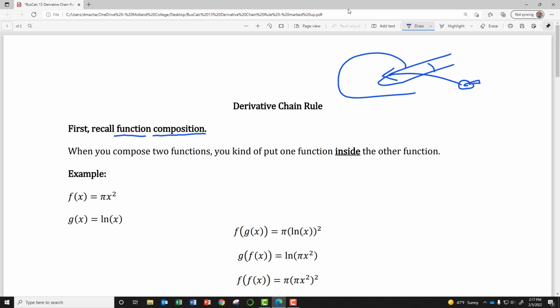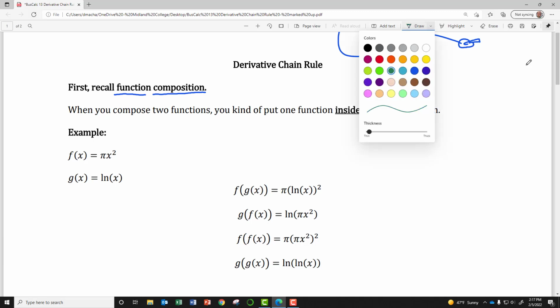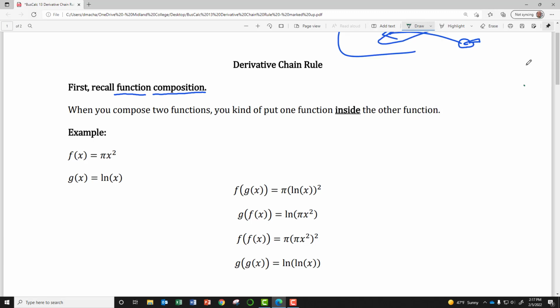because function composition is all about recognizing which function is going to be the turkey function, which function will be the chicken function, and how do you correctly place the chicken function inside the turkey function. So to give you an example of what I'm talking about, and again, I'm really hoping this is just a refresher from your last algebra course,